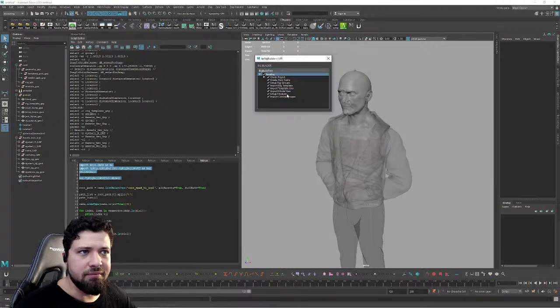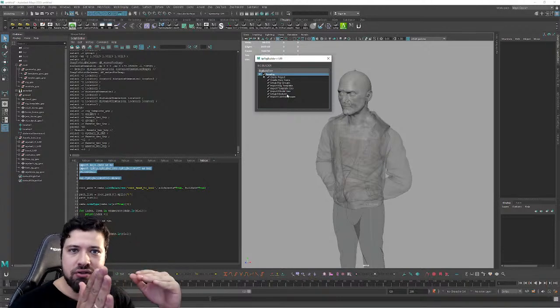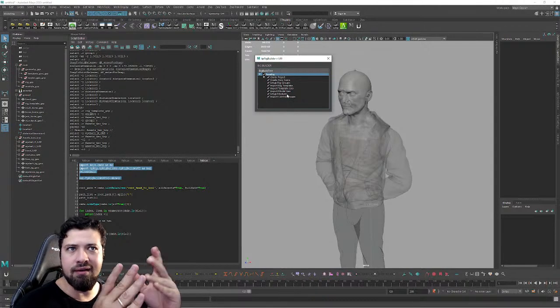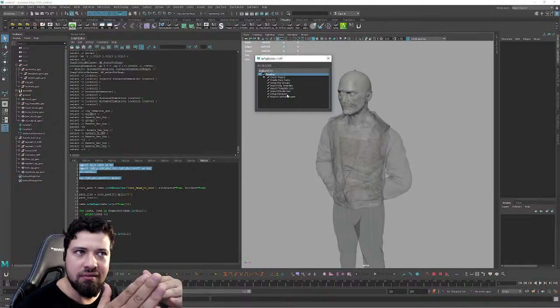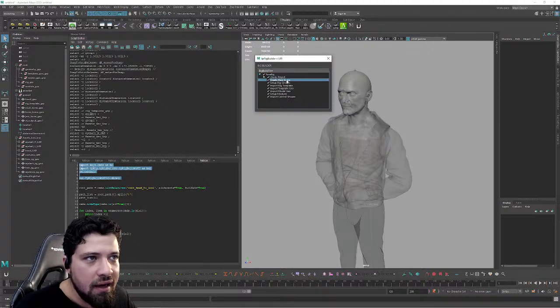You create a class and then you create the methods inside of it, and then you can register these methods in a dictionary, and the UI is going to read that and be able to execute these methods in the order that you're adding them into the class. In the future, it's going to be able to read the attributes that you have on each method, and then it's going to have, I don't know, maybe another box here